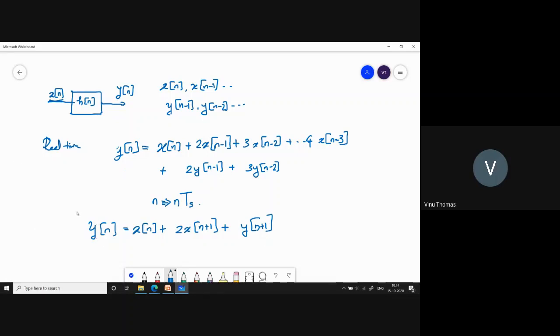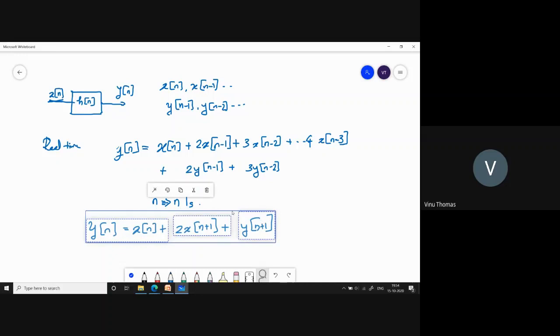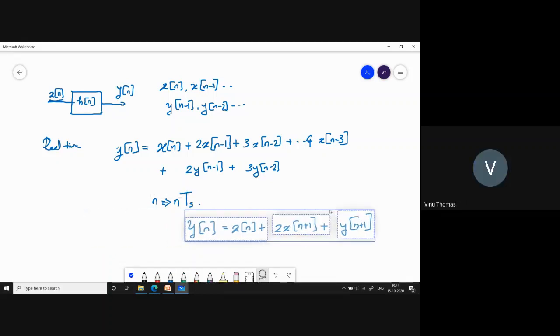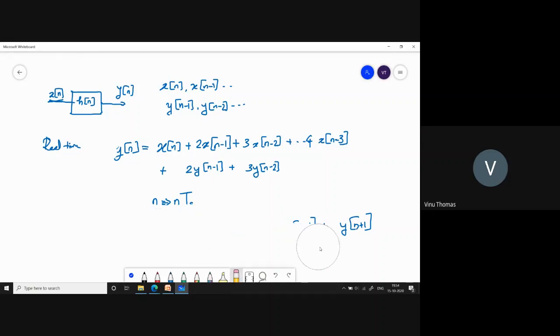The domain is time domain. So can you implement this equation? No. Why? Because it violates some property which you call causality, right? Yes, sir. So this cannot be implemented. So this violates causality. So you cannot implement this because it violates causality. Yes, sir. So we'll go back to the presentation.